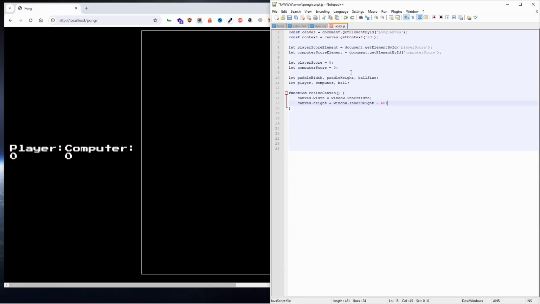So paddle width is going to be 10. Paddle height is going to be equal to canvas height divided by 6, more or less,